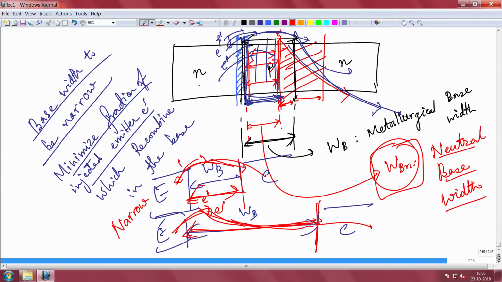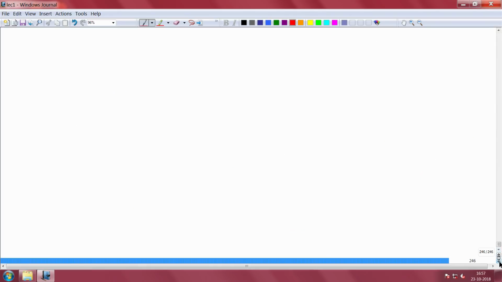So the golden rule is that the width of the base should be very narrow. Only a very narrow base will give you a higher gain, or higher current transfer ratio, or higher base transport factor. You want this quantity to be very short. So the base should be narrow. Only then will most of the electrons reach the collector. You getting my point, right? This is a transistor we are talking about, by the way.